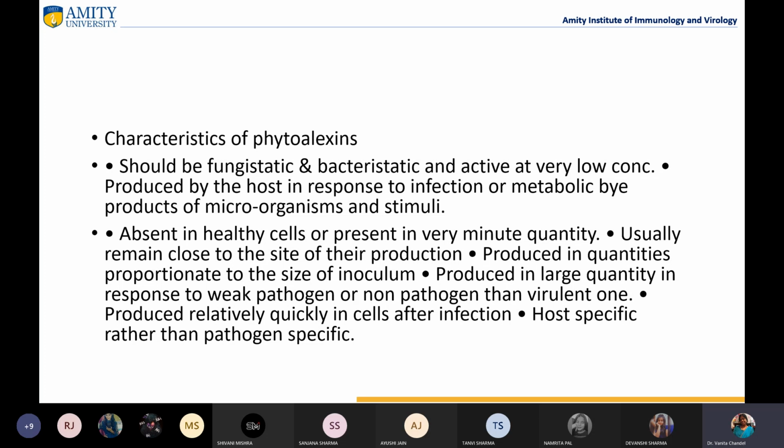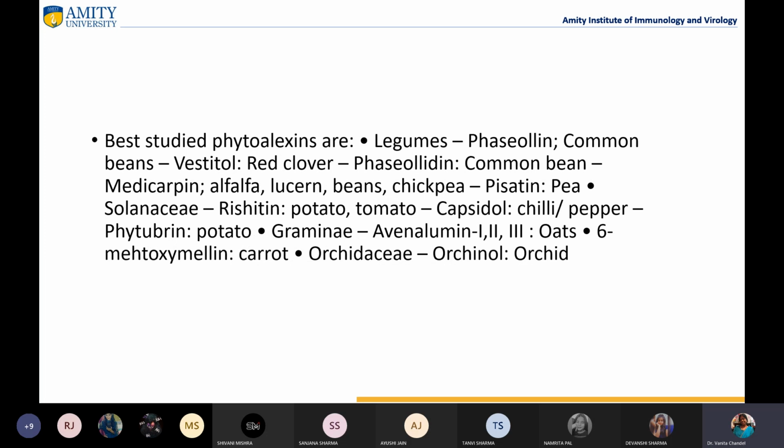They are produced relatively very quickly in the cell, just after the infection. They are host-specific rather than pathogen-specific. So these compounds are not pathogen specific. What does that mean? That means they are released whether a fungus or a bacterium is infecting. So they are host-specific rather than pathogen-specific, and different hosts might produce different kinds of phytoalexins,